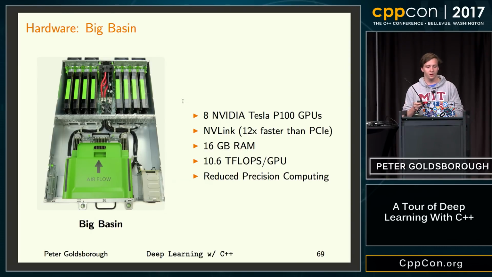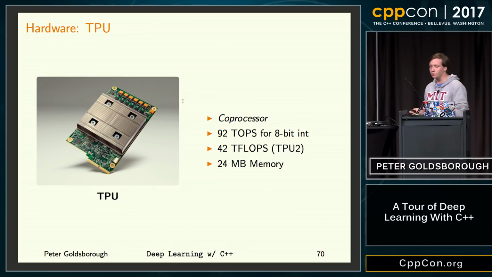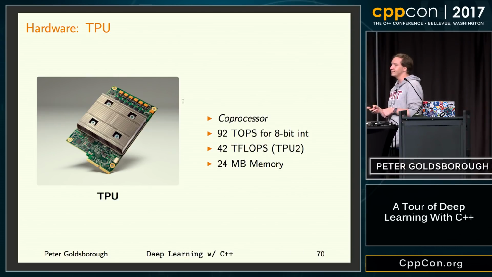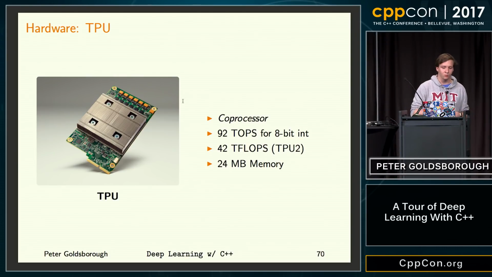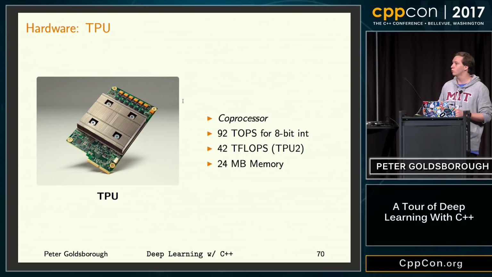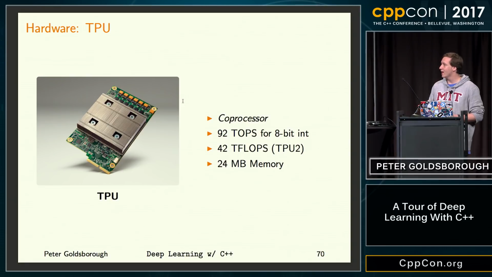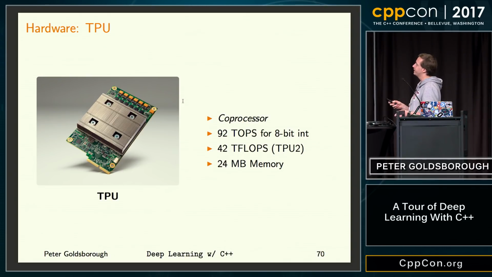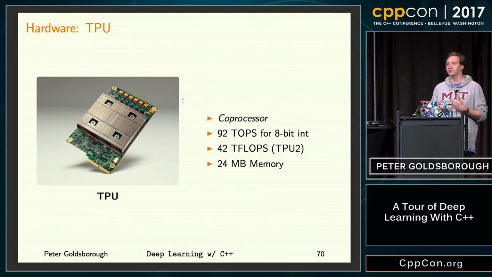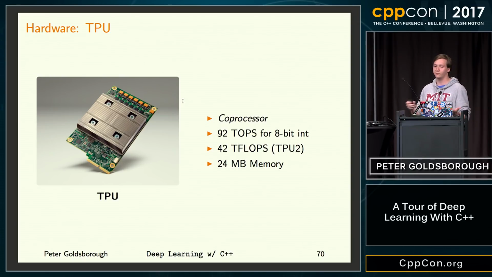So that's a typical server. Now, this is one of many ASICs for machine learning. It's called the TPU, the Tensor Processing Unit from Google. Some things I'm going to say here are not quite right because Google just released TPU2, but they haven't released the specs for it yet, so I can't be more right than I am. But the original TPU, released last year, was a coprocessor. That's why I highlighted it, because it's not a general piece of compute like a GPU or a CPU. It's a coprocessor. You attach it to another device.